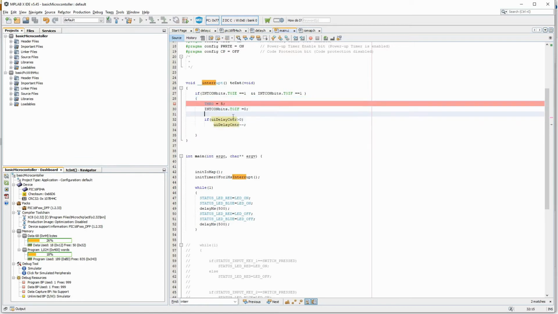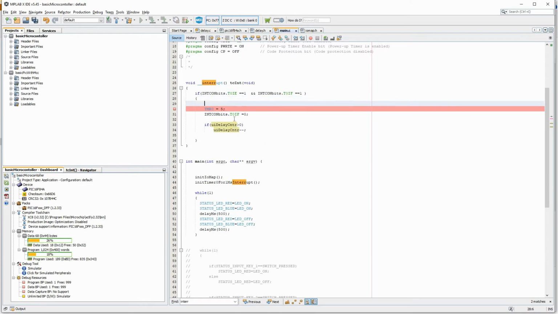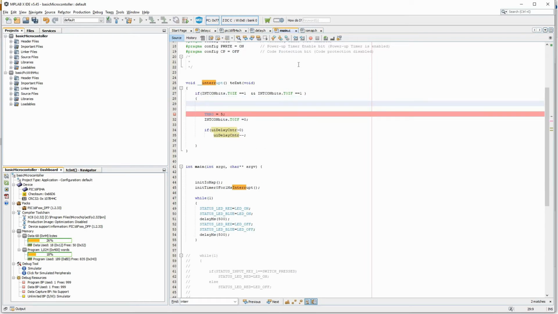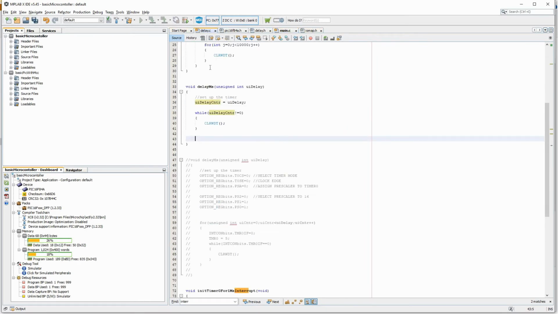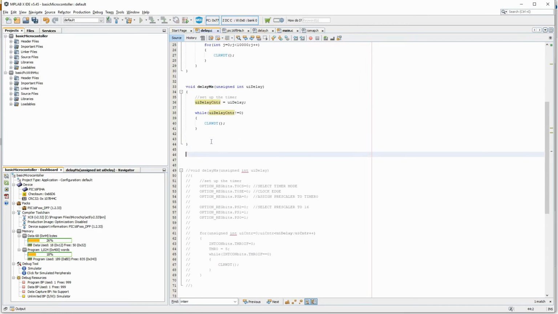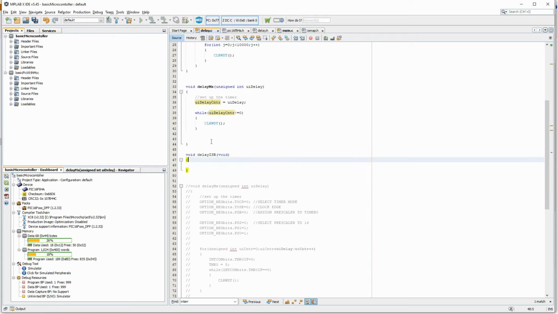Also, what we should do here is, don't write all your ISR code here. We can declare a function in delay.c called void delay ISR, and prototype this.